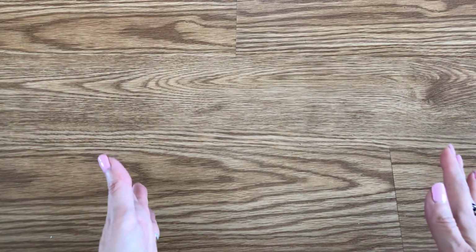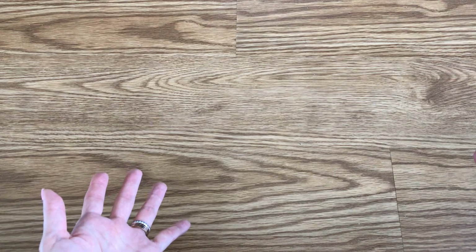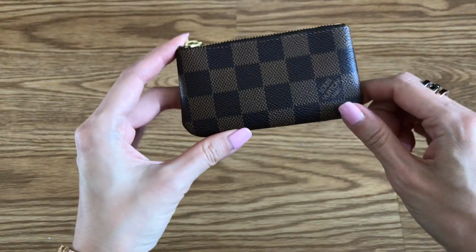Today's video is going to be about my top 5 most used small leather goods, or better known as SLGs. So I'm going to just jump right into it. The very first SLG that I'm going to show you is this one here, my Louis Vuitton key pouch in